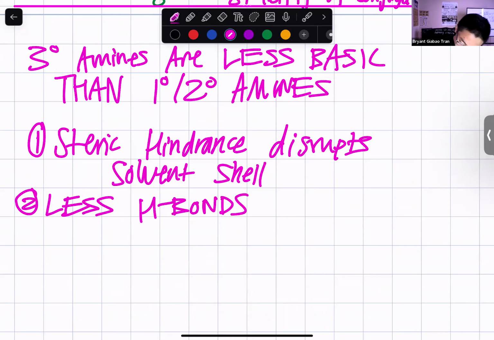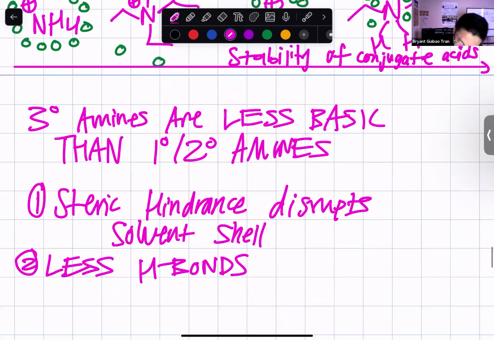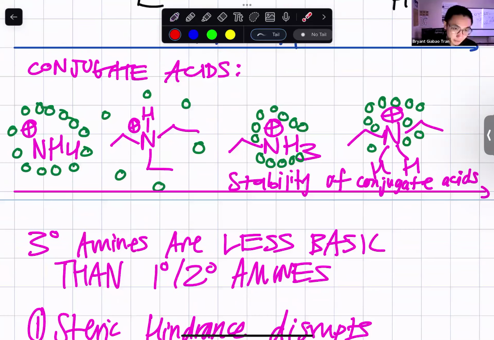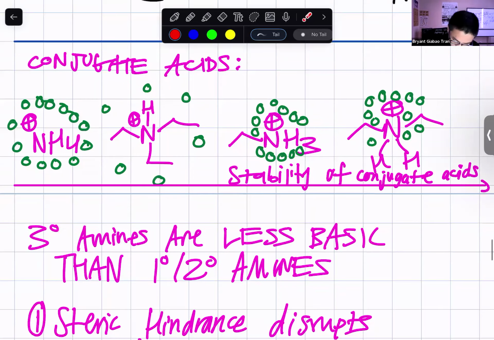Right? We see that this tertiary ammonium ion here only has one bond to hydrogen, so that makes it able to do only one H bond, right? Whereas this nitrogen here has three bonds to hydrogen, so it could do more H bonds. The more H bonds a molecule can do, the more intermolecular forces it has, and the more it can be stabilized, right? So these two factors here